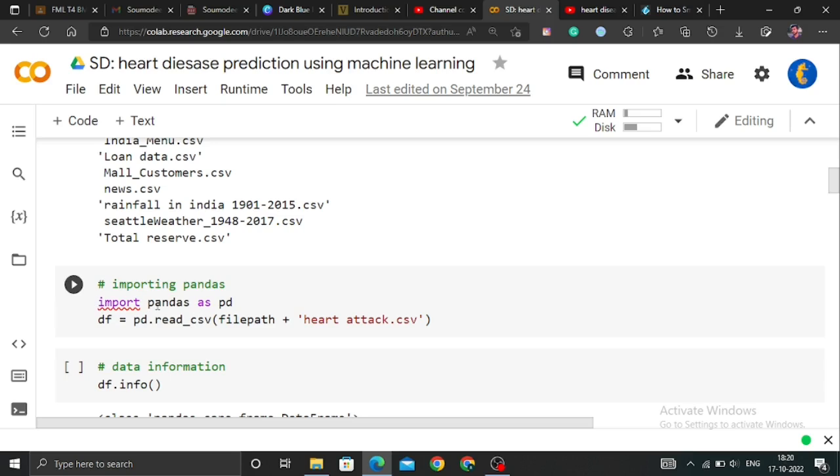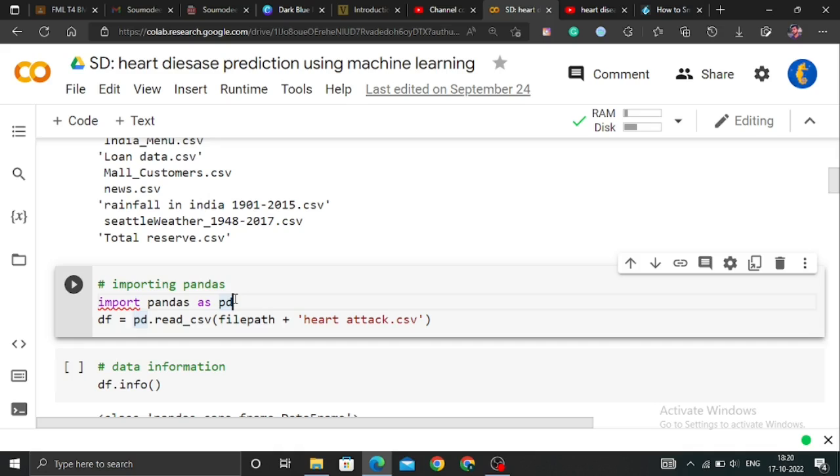You can see this is the command for import pandas as pd. You can write here any other name you want, maybe ex or es, anything, but the general term which is used is pd. So basically we imported pandas as pd, and